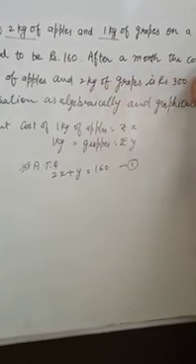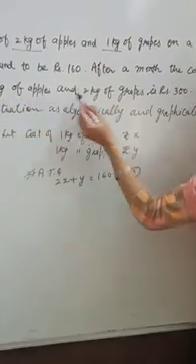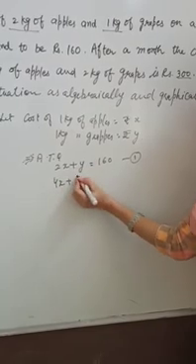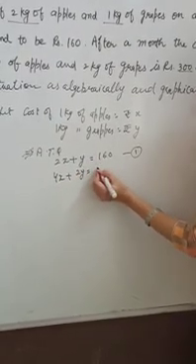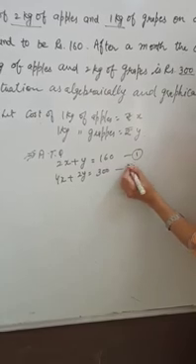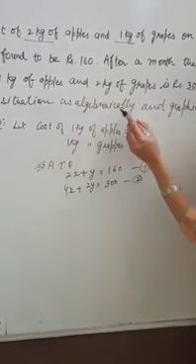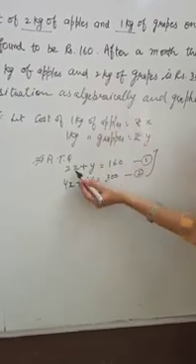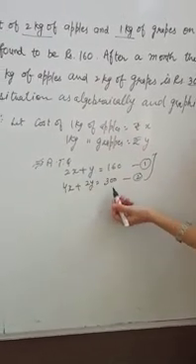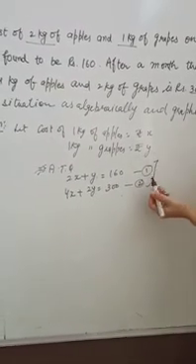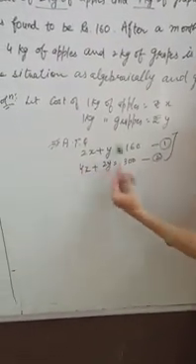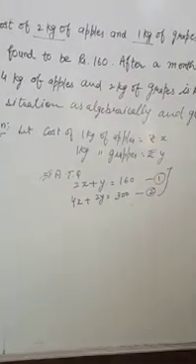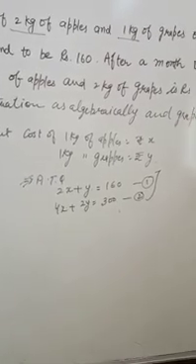Similarly, after a month, the cost of 4 kg of apples and 2 kg of grapes is 300. So here it will be 4x plus 2y is equal to rupees 300. So this is the second equation. They are saying represent the situation algebraically. So we are representing these equations algebraically, meaning algebra as x and y combination. We are taking the equations graphically also. Like this, with the same criteria, you can draw the graph of these equations and check the answer. It can be a unique solution, no solution, or coincident, or many solutions.